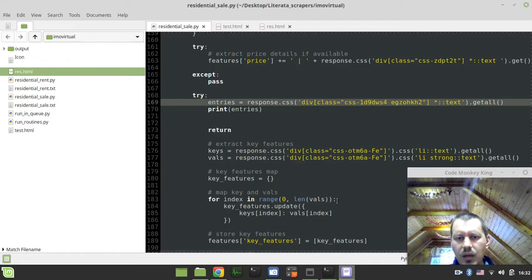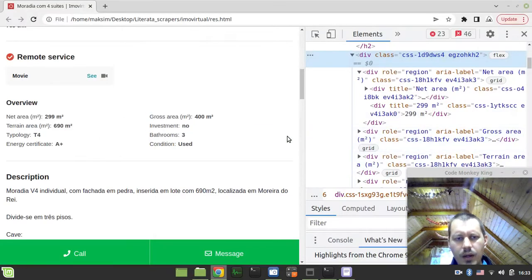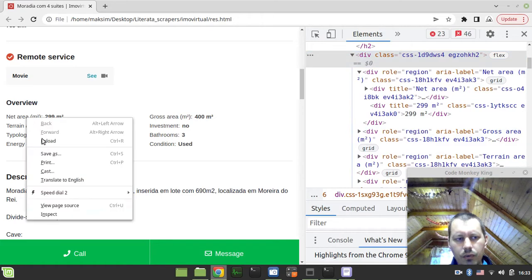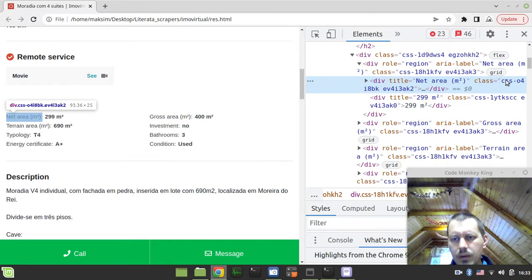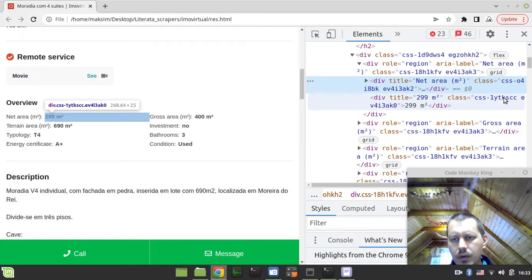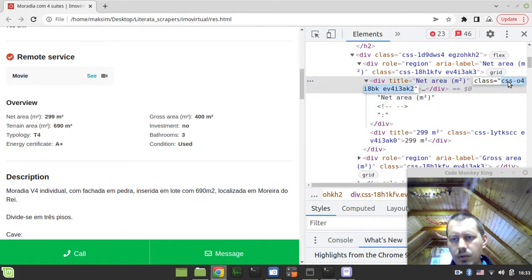Okay, so within this div I can recursively search for, so is this class? Yeah, probably I can search by class.